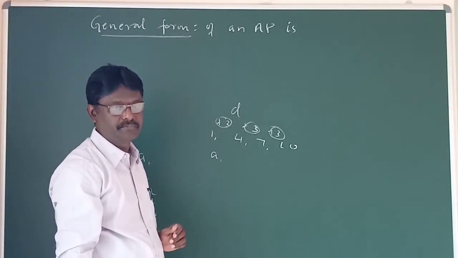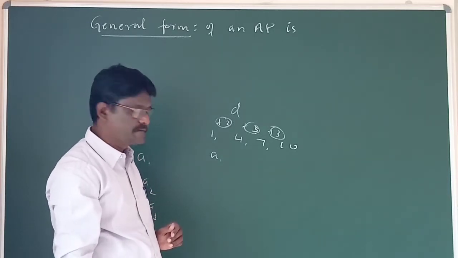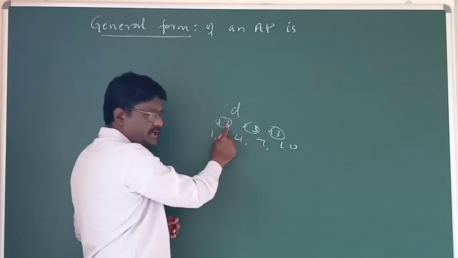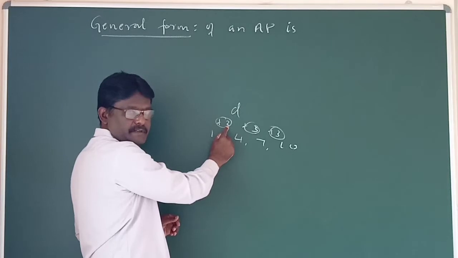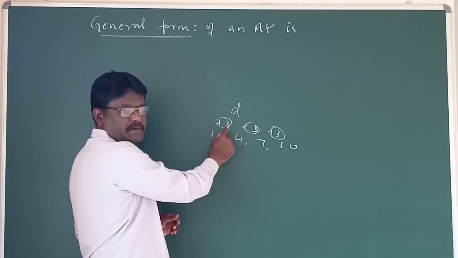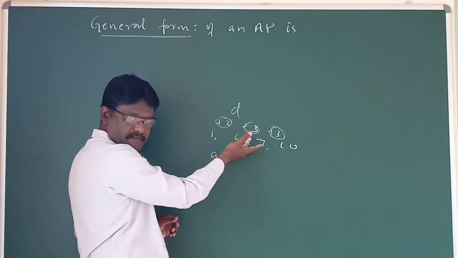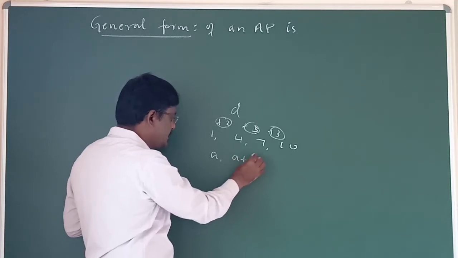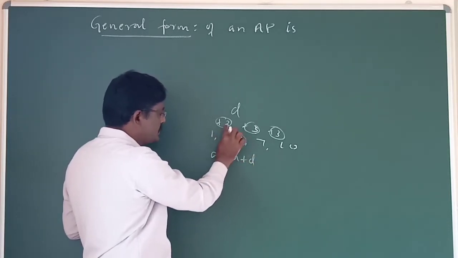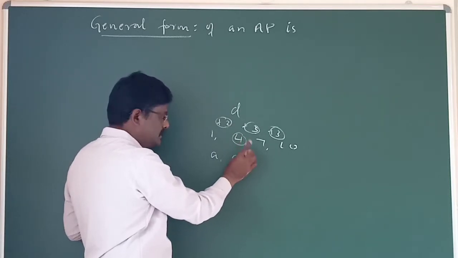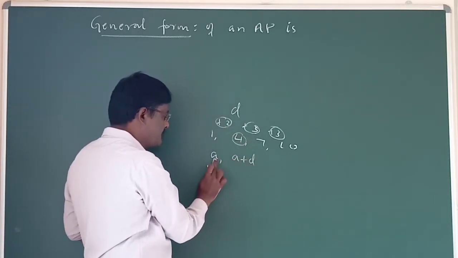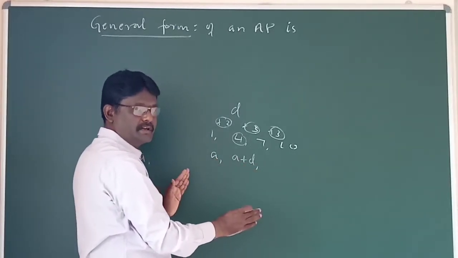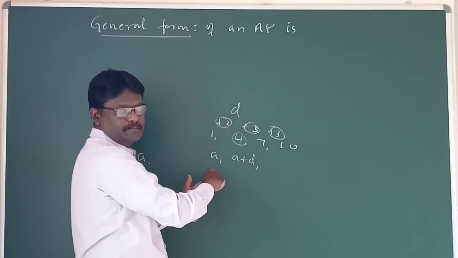A plus 2 or A plus 3? No. How do we get 4? By adding 3. What is that 3? Common difference. In general, what is the symbol for common difference? D. Hence, if the first term is A, the second term comes by adding the common difference. Here, since both are known, we have written 4. But here the unknown factor, that's why if the first term is A in AP, the second term is obtained by adding the common difference to the preceding term A.